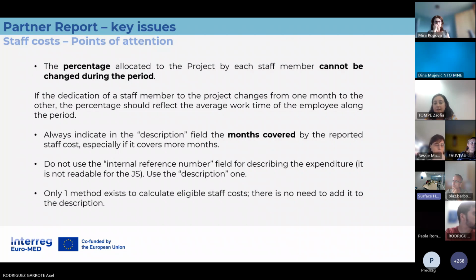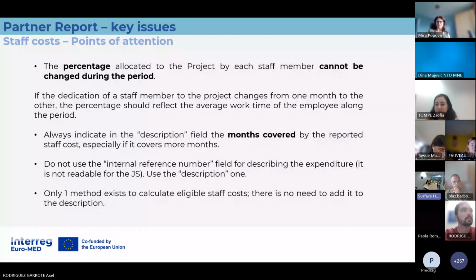We can only recommend one solution: that you calculate the average time allocated to the project at the end of the period, and in this exceptional case, you fill in the task assignment document at the end of the reporting period. So this is the only way we can handle it, and that's the way we can accept it.